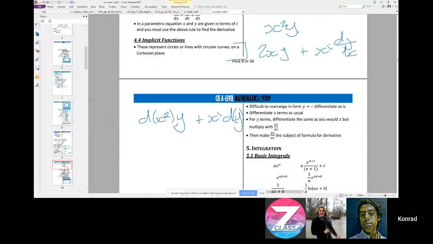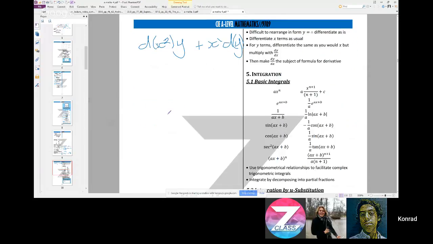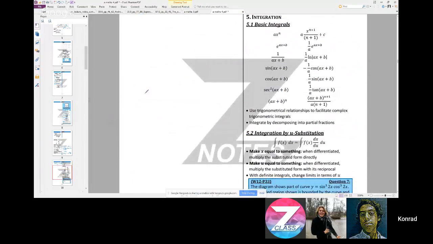So yeah. All right. In that case, we will move on to the last topics that we're going through, which is the first part of integration. A few things to point out here. Most of these you are reasonably happy with. For all of these that you are given here,